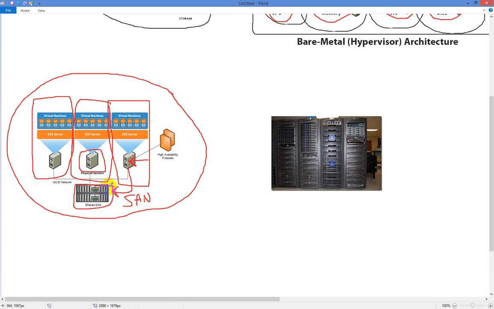SAN allows you to take a portion of this, so we'll take this block right here. This square that I just highlighted will actually be able to divvy that amount of hard drive space and hand it up to this guy. So basically the SAN is able to virtualize its hardware resources, its hard drive. Then you take this guy right here and you hand him off to this server. So that's its SAN capability. And then we'll take this guy right here and we divvy him up and we plug this guy into here. And that's how that would work.